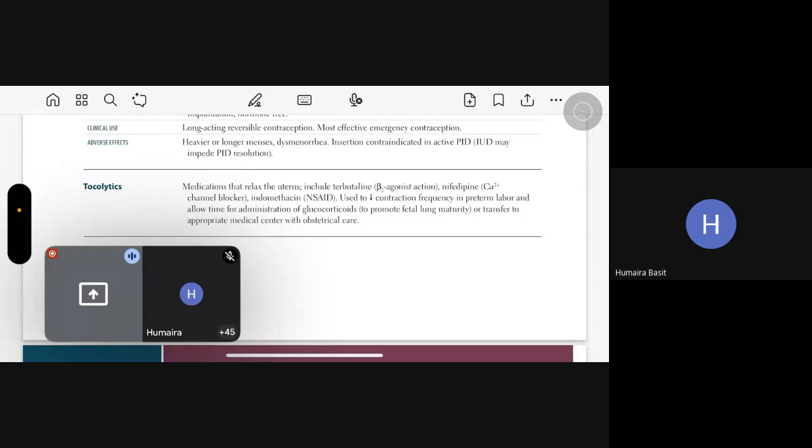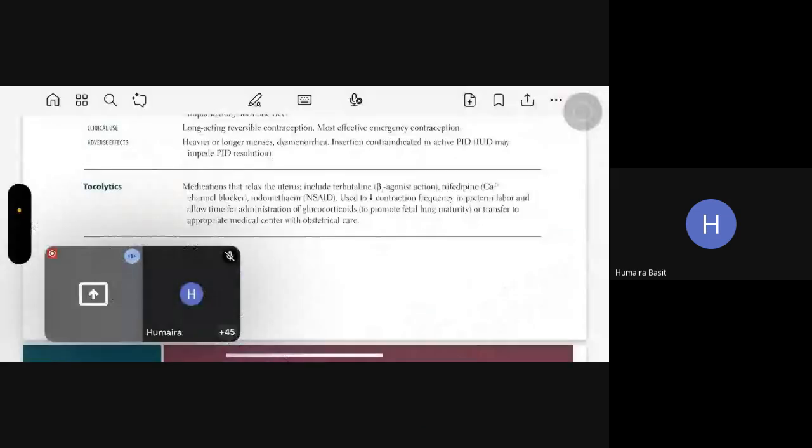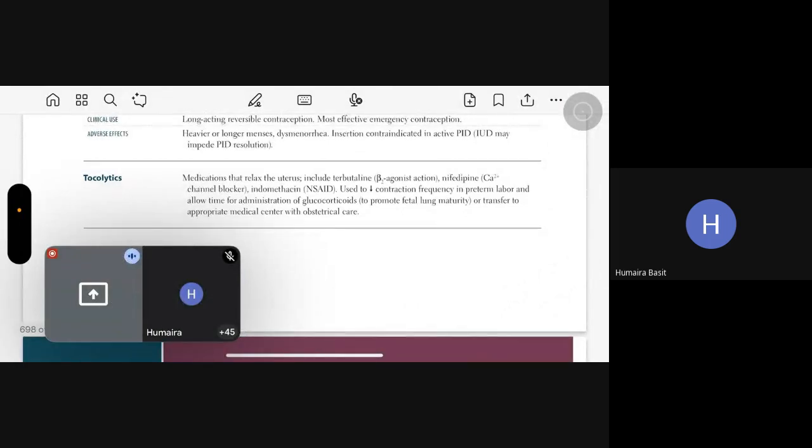So if a female is getting labor or uterine contraction in the 32nd, 33rd or 34th week of pregnancy, then we give tocolytics, right? So what are the tocolytics that we can give? We can give terbutaline, that is a beta 2 agonist, nifedipine as well, it is a calcium channel blocker, and calcium is needed for the contraction of the uterus, and indomethacin can be given